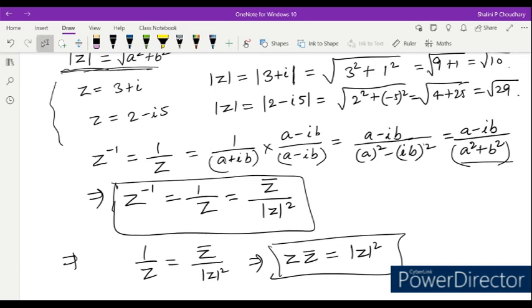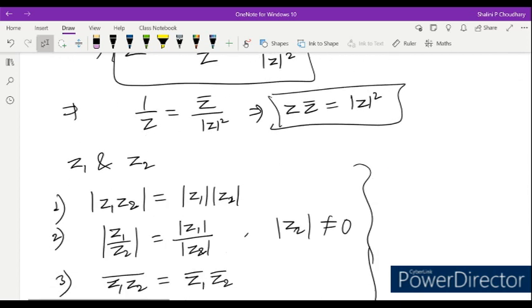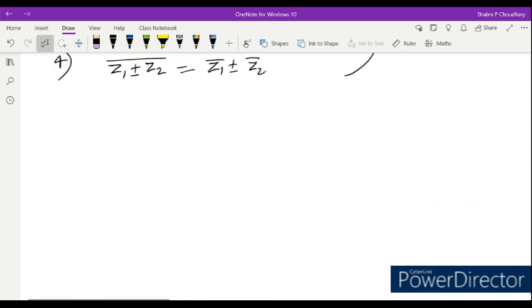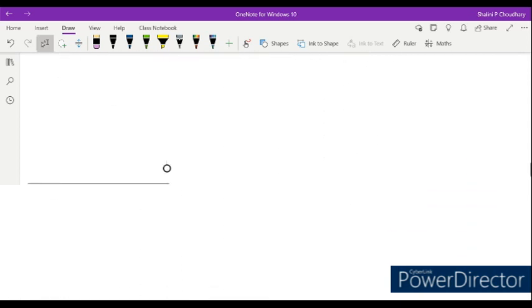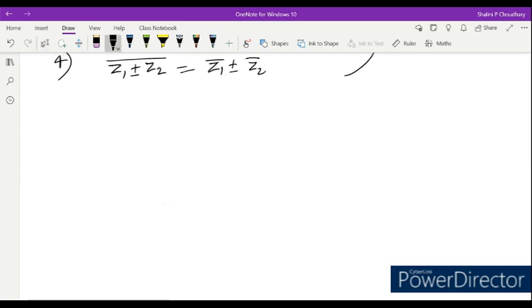Okay, now we'll do sums based on this one. कुछ sums करते हैं and one question we will do. What we have to do, we have to find out the multiplicative inverse. If z is equal to 2 minus i3, okay, then what we have to find out? We have to find out z inverse.